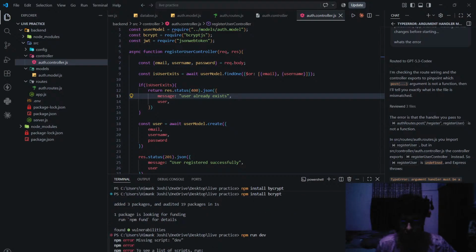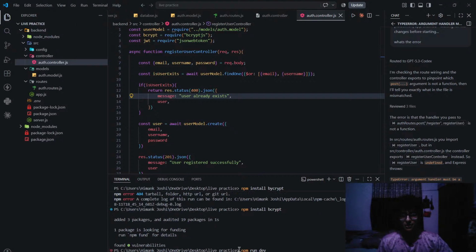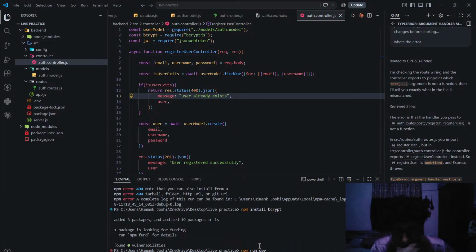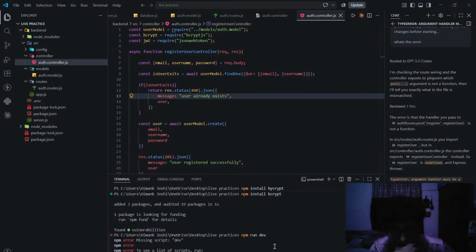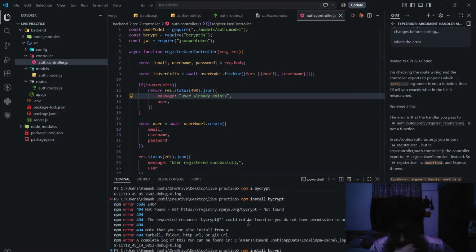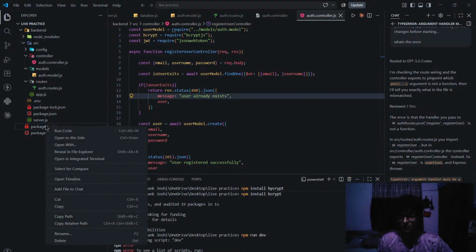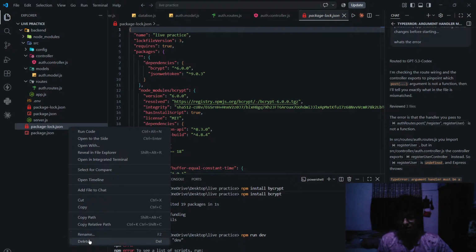Dev. Holy shit, what? It's like he created node_modules outside, but why? Okay, I have to get all this because we already have node packages. We just need